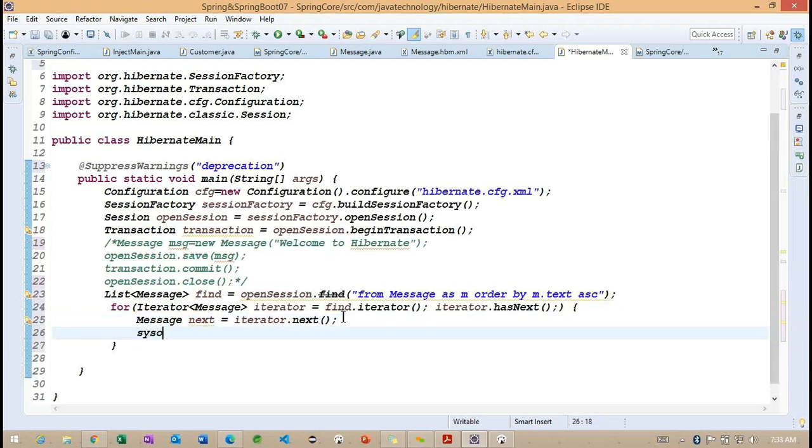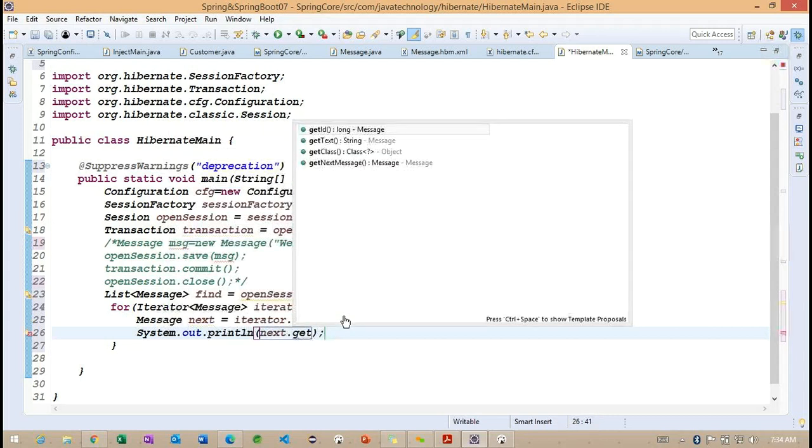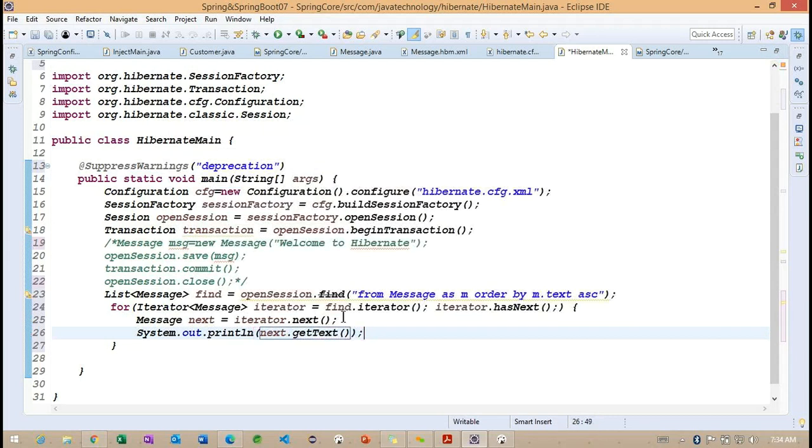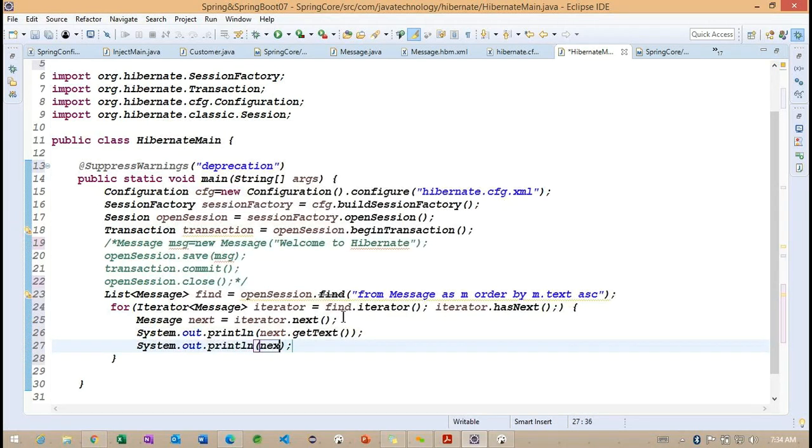Right. So simply I want to print next dot getText and next dot getId. So we want to print the ID and message information.